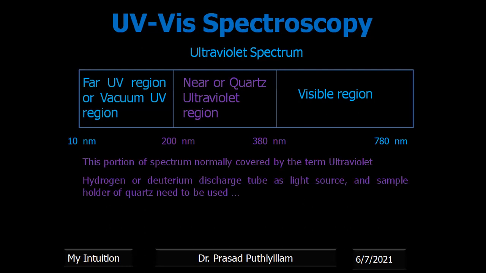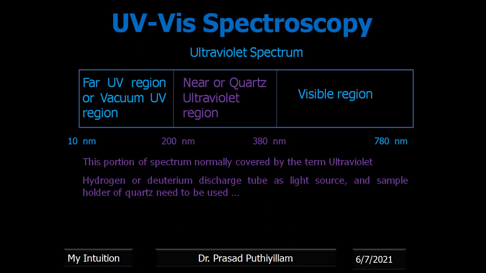And the sample holder in UV spectroscopy, what we call a cuvette, should be made of quartz, a particular glass material known as quartz. We cannot use the normal glass material, which can be used only in the visible region. A normal glass sample holder, if you use it, will also absorb the UV radiation, and it will interfere with